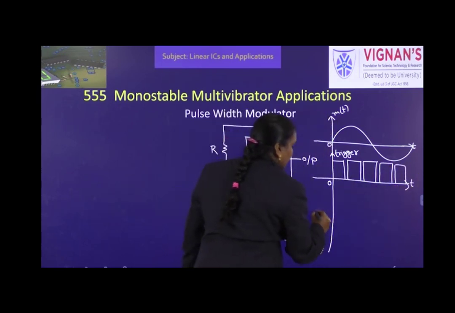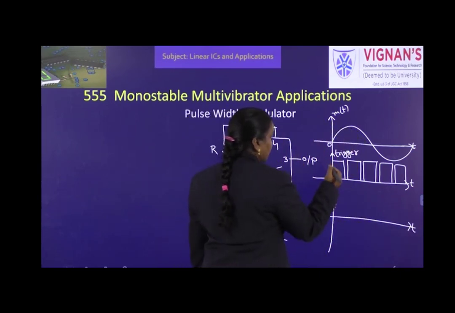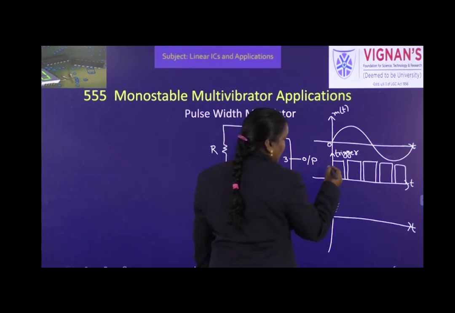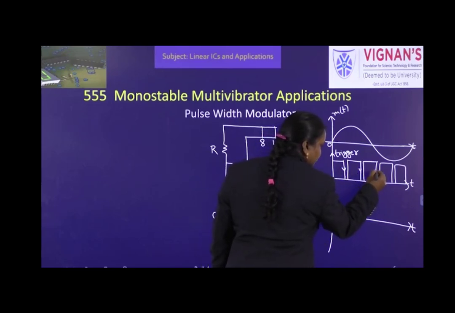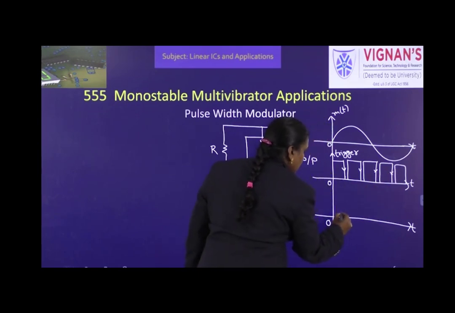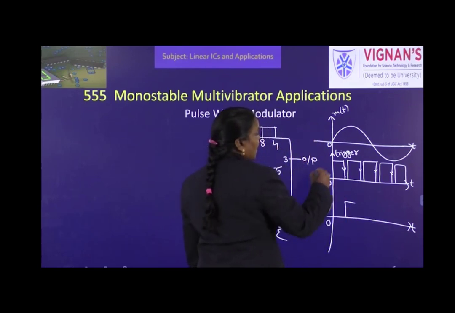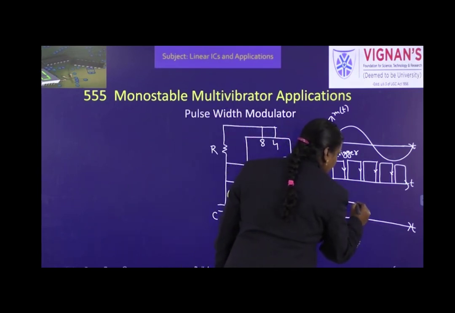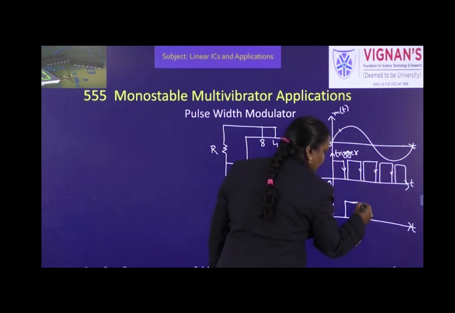So like this. Now what is the output? If you don't give any message signal, then it will give constant output pulse widths. But now whenever it is going negative going, it reacts for this, right? So its output will be high. And here the amplitude is this. That is 2/3 VCC plus, that means it needs more time to reach that value. And next again it is going to logic high.